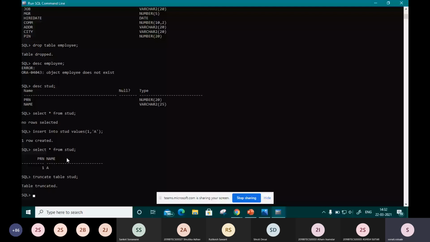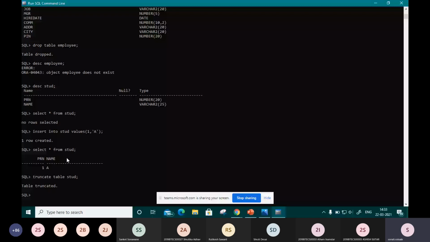But if you fire the truncate command, you cannot roll back the deleted data. If any delete triggers are defined on that table, then the triggers are not fired. What is a trigger? We will find out in an upcoming module. But remember, no trigger will fire if we use truncate. And one more thing: it deallocates free extents from the table so that the free space can be used by other tables also. So these are the drawbacks of the truncate command. This is the difference between drop, delete and truncate.